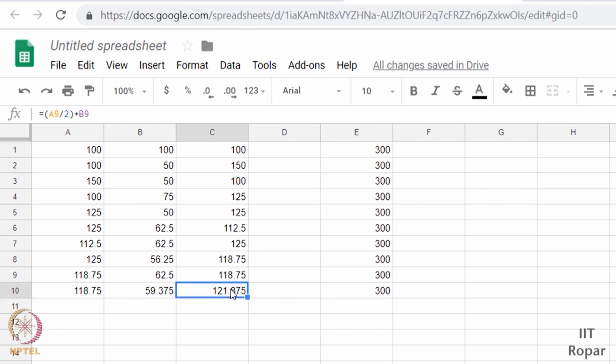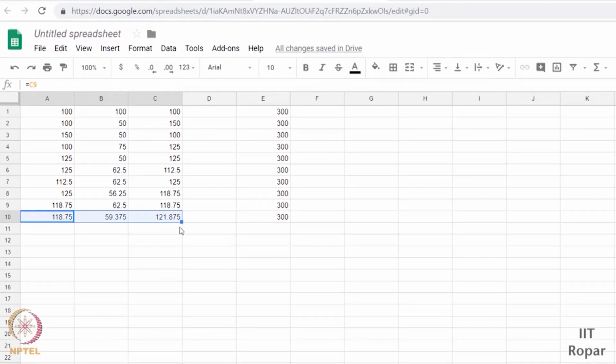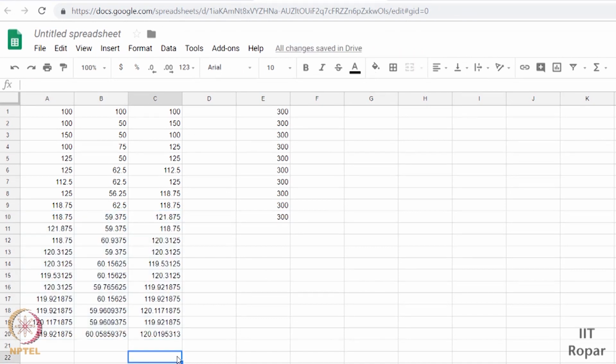So we have done this for 10 iterations, right? So let us further extend it. Let us say for some 20 iterations, what happens? So some values have occurred. Let us even see the sum. See, the sum remains constant irrespective of whatever is the distribution here among the three items. The sum remains constant. So after 20, some sort of convergence, is it occurring?